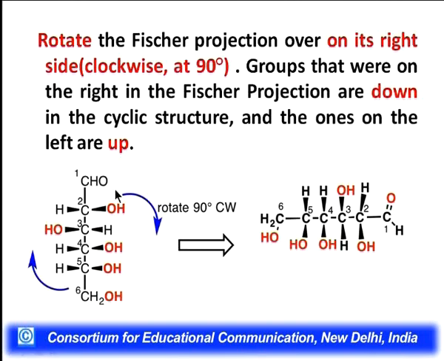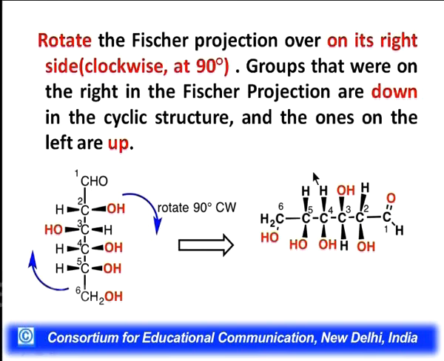Please do not rotate it anti-clockwise, because then we will not get the correct Haworth projection. So what we do is we twist it or rotate it by 90 degrees. When we do this, what we find is that the groups which are on the right hand side of the carbon, they come down. So when we are making the Haworth structure, the bonds which are on the right are going to come down in the ring, whereas bonds which are on the left will point up. That means left is lifting, right is down.